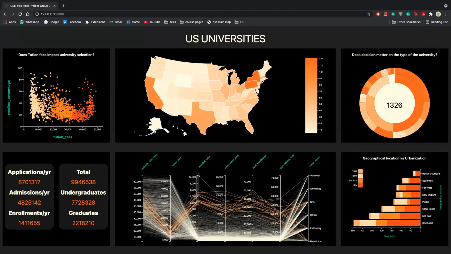So when I select here a little region of enroll total, as you can observe, higher values of enroll total are mapped to lower values of tuition fee. This is one more important insight which we have found out. Whenever the tuition fee is lower, the total number of enrolled students is much higher in those universities. Here, each line represents a university. I have used 6 numerical variables and 1 categorical variable on the PCP.